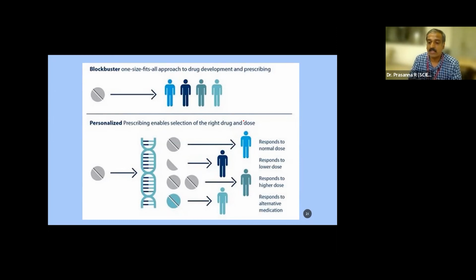Maybe it's a 500 milligram dose of a drug, or a 650 milligram dose. In some cases, steroids will also be given. Maybe a person has a sudden cardiac arrest or some cardiac problem, and people do give steroids, maybe 2 milligrams or 3 milligrams, which is essential to overcome that particular disorder. The point I'm emphasizing is that each individual is unique. The dosage which I require may not be the same as another person's, or the dosage I consume may not be sufficient, so I keep on consuming more till I recover completely.